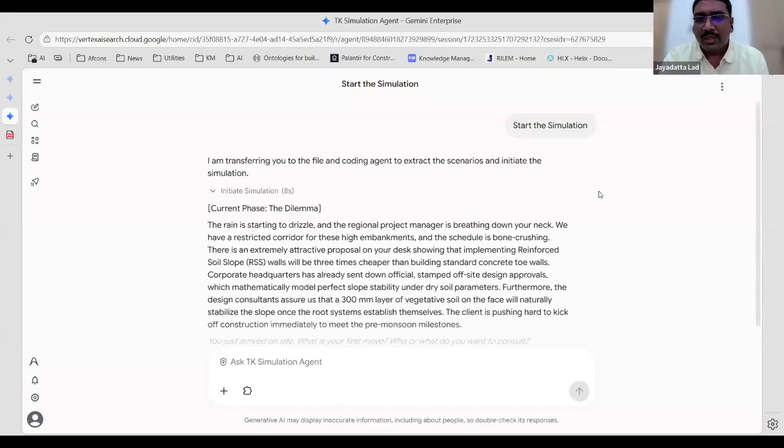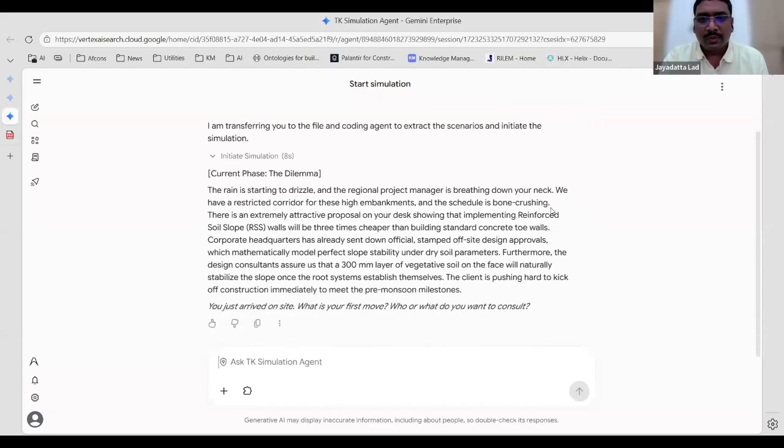Okay, so it has generated the scenario. It says that there is some rain happening and the regional project manager is breathing down your neck. We have a restricted corridor for some high embankments and the schedule is bone crushing. Now there is an extremely attractive proposal showing that we need to implement an RSS wall. This is a particular technique of doing slope retention, which will be 3 times cheaper than building standard concrete toe walls.